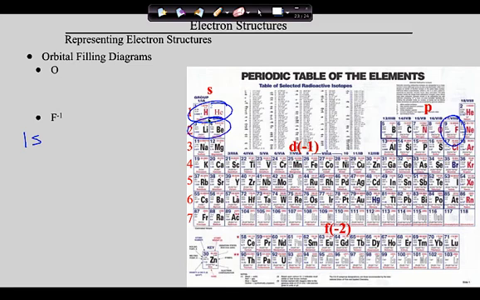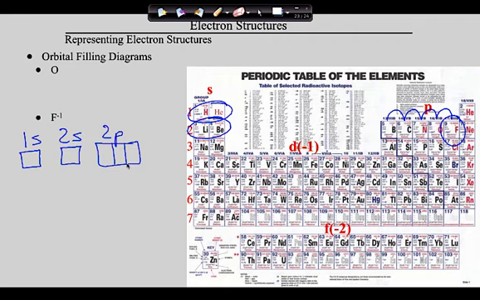We need electrons 3 and 4, which are in the 2s. And then finally electrons 5, 6, 7, 8, and 9, which are in the 2p. Now again, we need the orbitals where the s's have 1 and the p's have 3. Now if you understood what we did previously for oxygen, I'll bet you understand what we're about to do for